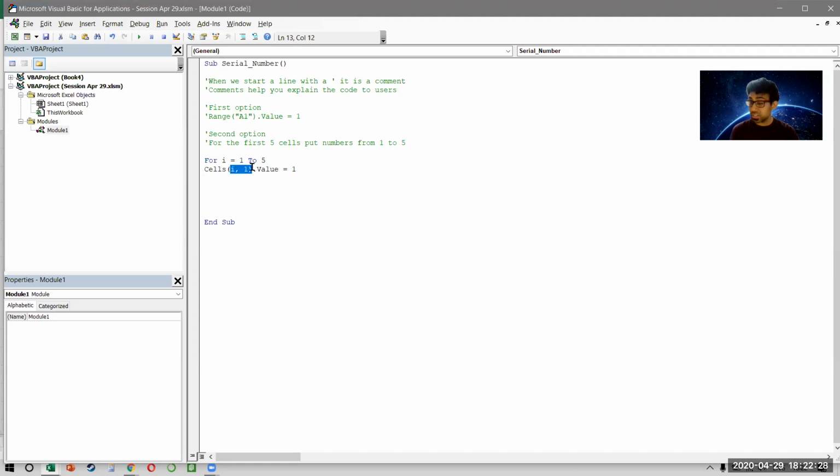So that means that Excel VBA is going to put I as the number 1, and then it will go to the first row and the first column. And what is the number we want? We want I, right? And then I say next I. So think of what we did. How the code will work is that, remember, it's not one command, it's actually 5 commands. The first one says, take the value 1, put it in I. Then you go to 1 comma 1 and put the value 1. And then I go to next I. That means now I make I 2. So then I will go to cell 2 comma 1 and then put 2. And then I'll keep on repeating this loop until I put numbers in all the 5 cells.